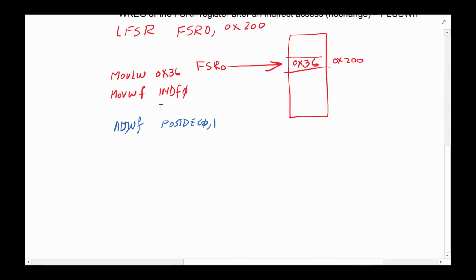So what is going to happen here? This particular instruction is going to read whatever FSR0 is looking at, fine. And then it's going to add whatever is in the W register to it, which is 36 plus 36 hex, which is going to be 6C hex. And because it's a post decrement, it's going to make sure that FSR is no longer looking at here. So the FSR value changes from 200 to